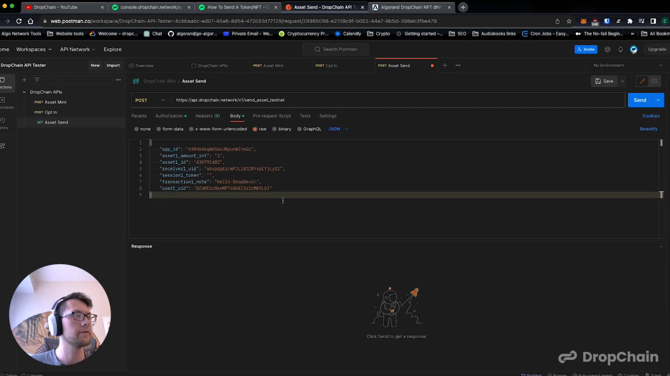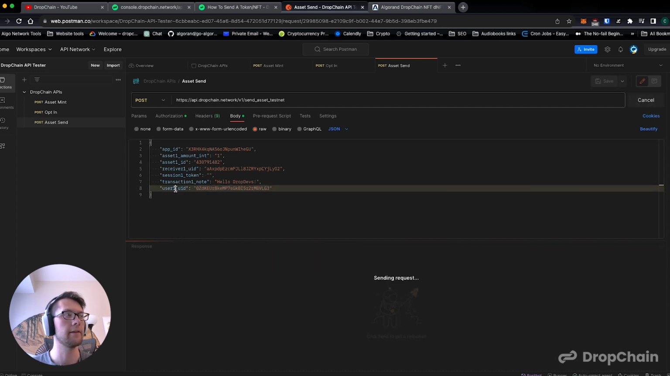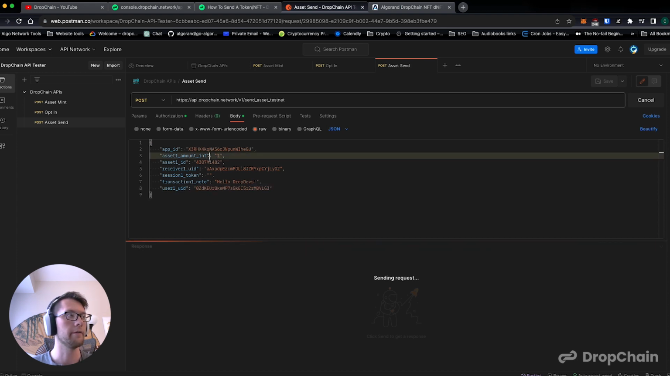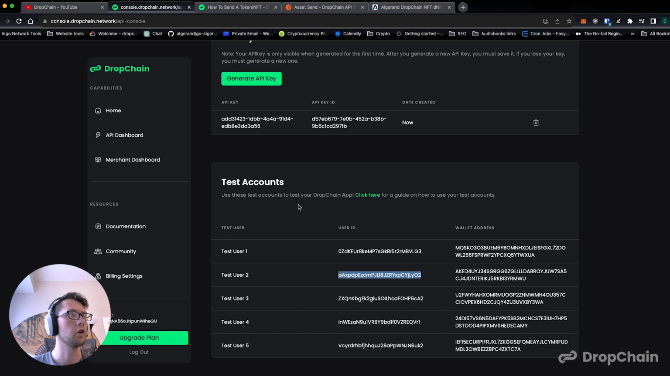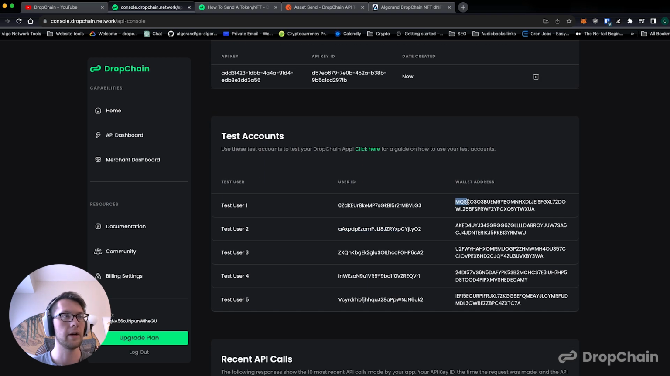Do hello drop devs, and don't forget to save. And we're gonna hit send. What this is doing is it's sending from user 1, or test user 1, 1 unit of this asset ID to test user 2, this test user. And just like that, we've sent it from MQSK to AKED, which we go back to the console, MQSK, test user 1, has sent it to AKED, test user 2,